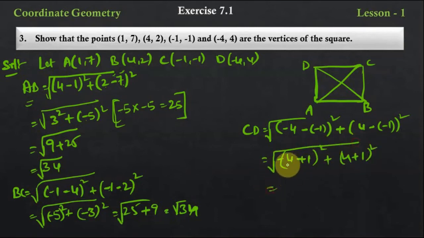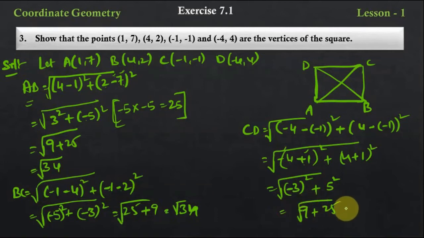So if you observe here, minus 4 is there and plus 1 is there. Total how much? One has a negative sign and one has a positive sign, therefore we should subtract. 4 minus 1 is 3, but the sign is minus, the bigger number's sign. So this will become minus 3 whole square plus 4 plus 1 is 5 square, under root. So 3 square how much? 9 plus 5 square 25. See, again you got square root of 34.